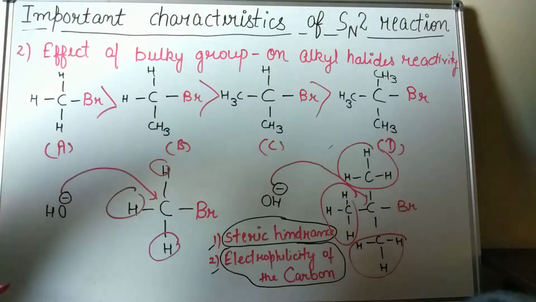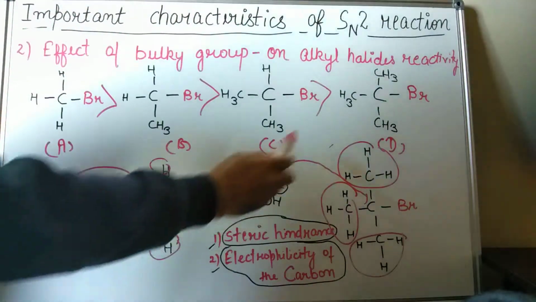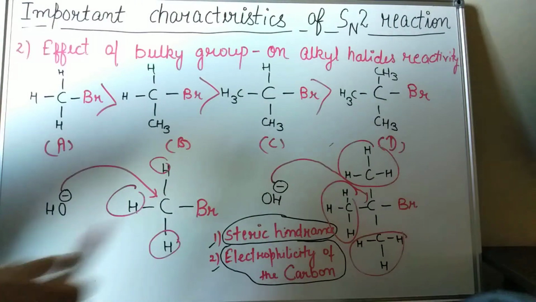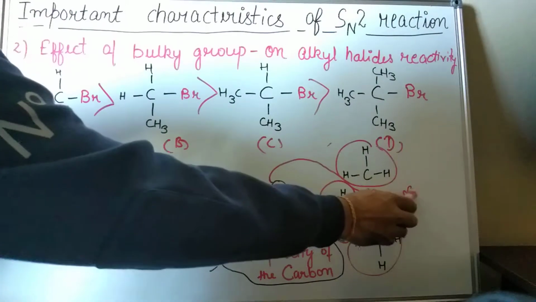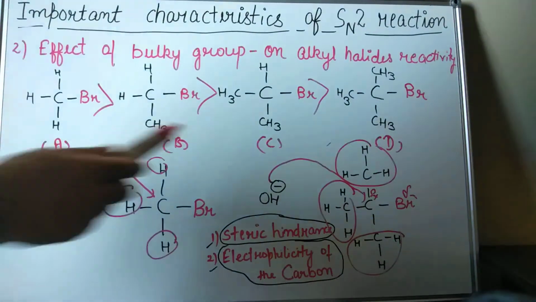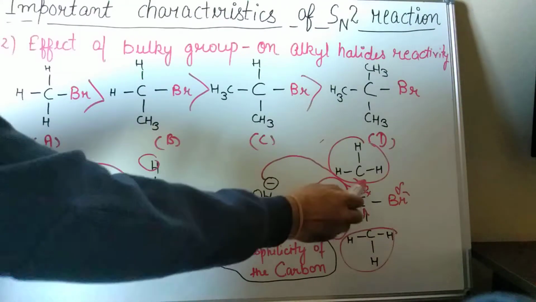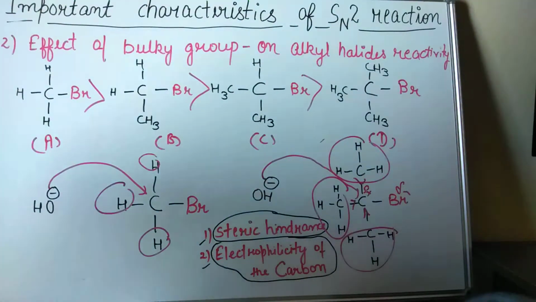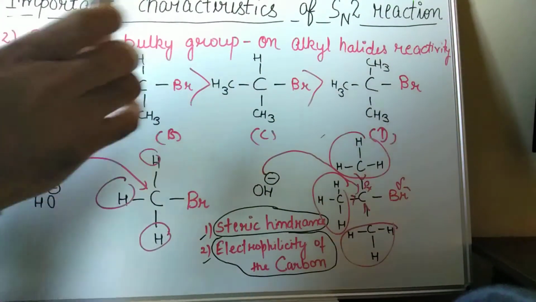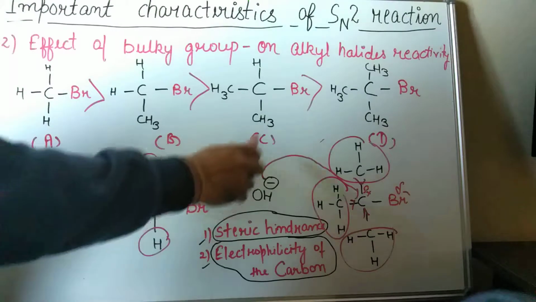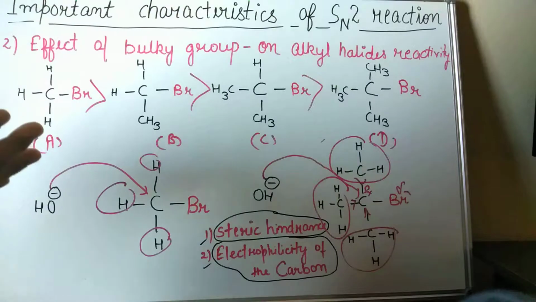So the second reason is the electrophilicity of the carbon. Now you know that the nucleophile attacks on the carbon, right? And why does it attack on the carbon? Because this carbon has got delta positive charge and bromine has got delta negative charge. So in case of tertiary butyl bromide, these 3 methyl groups are increasing the electron density on the carbon. In other words, they are making this carbon less electrophilic. And that is the second reason why nucleophilic attack is not as comfortable or as convenient as